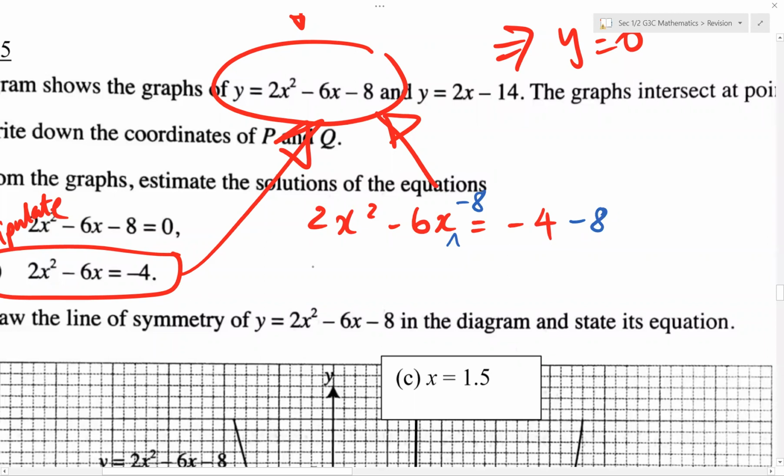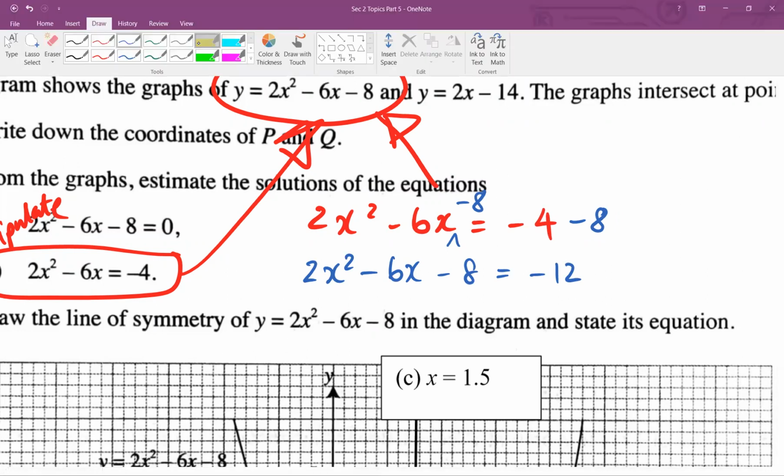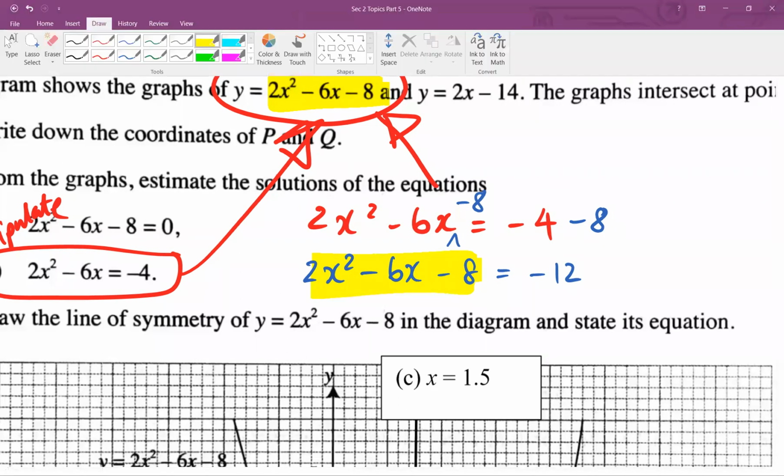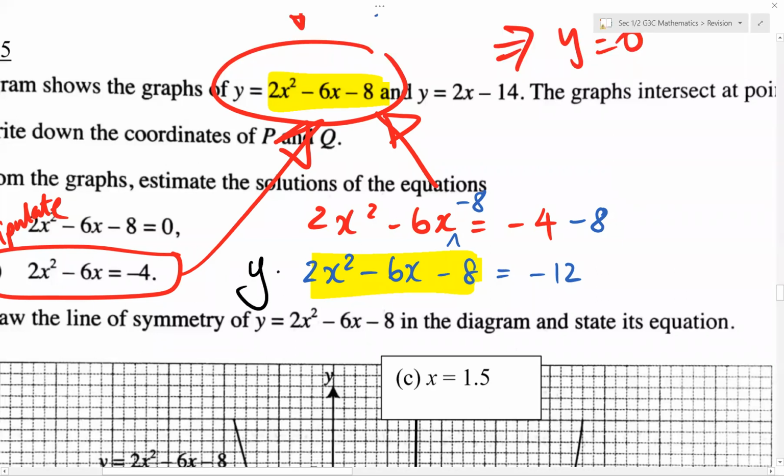This brings us to the next step. We have 2x squared minus 6x minus 8 equals -12. And then I look back again. Hey, now they are the same. 2x squared minus 6x minus 8. I have drawn the graph of y equals 2x squared minus 6x minus 8. I have drawn that already. And because I included that y equals,